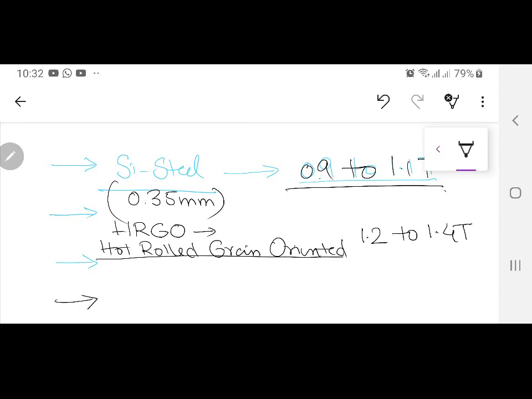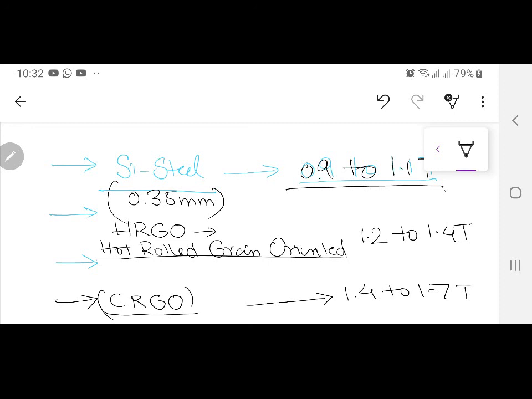The meaning of hot rolled. What is hot rolled? Hot rolled means that when the silicon sheets were being made, on the hot same sheet you had some silicon grains added to it, and then the next one, which is the last material, the best material up till now, this is called as cold rolled grain oriented silicon steel. Okay? And the flux density, I am not writing the full form, you can write it down yourself. Cold rolled grain oriented, and the flux density is going from 1.4 to 1.7 Tesla.